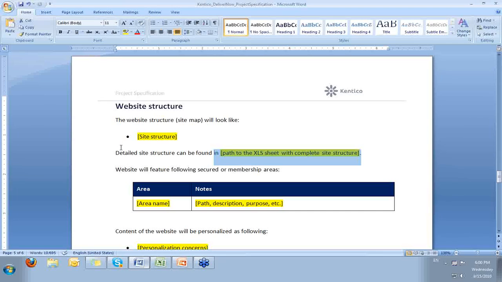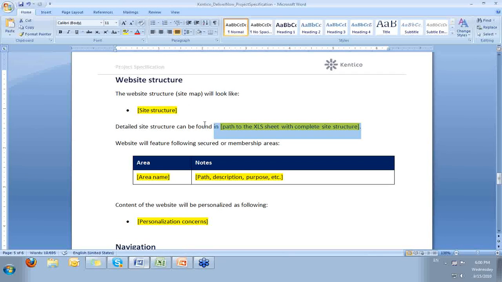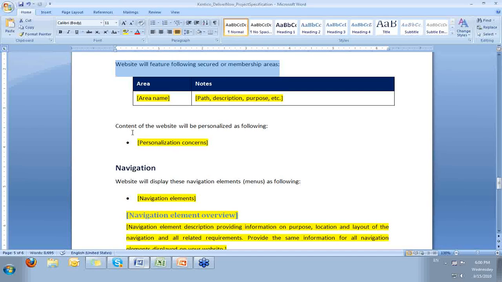So you will just define the sitemap and then the details in the Excel sheet. You will get the chance to specify the secured or membership areas, the path, description, and purpose of the area. Also include any concerns on personalization,